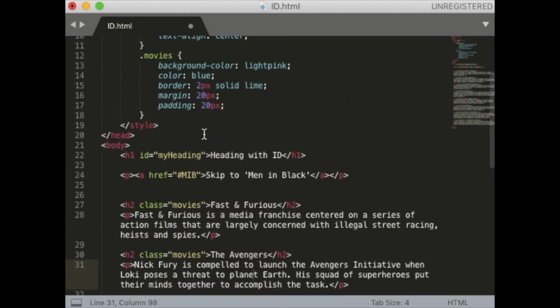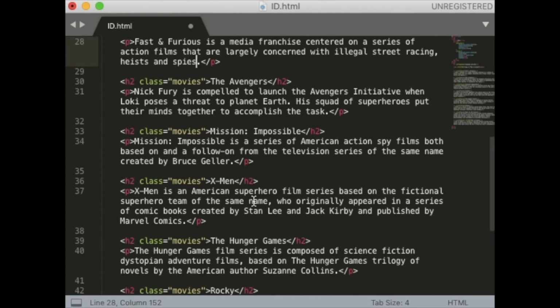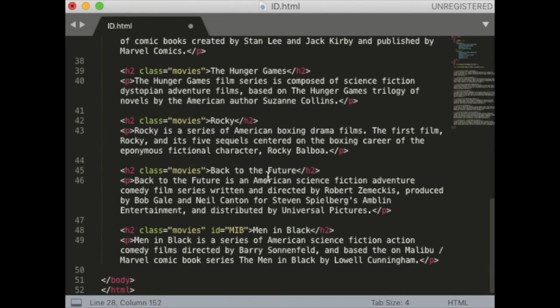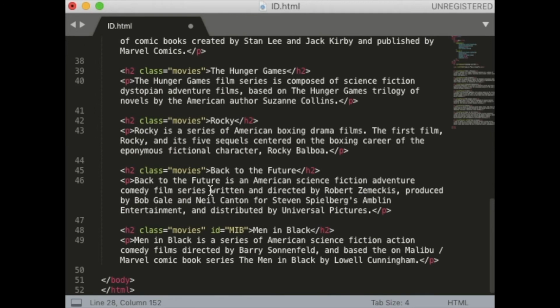So what this web page is going to display is basically names of movies, with small short paragraphs underneath each, just describing what the movie or the series of movies is, right? So here I have Fast and Furious, Avengers, Mission Impossible, X-Men, Hunger Games, Rocky, Back to the Future, and Men in Black. Now this is going to be a pretty long web page if you think about it,